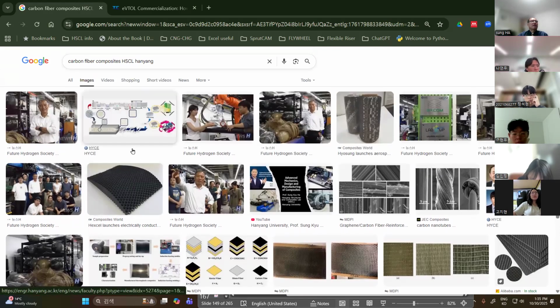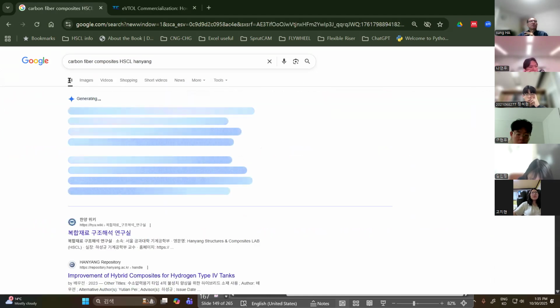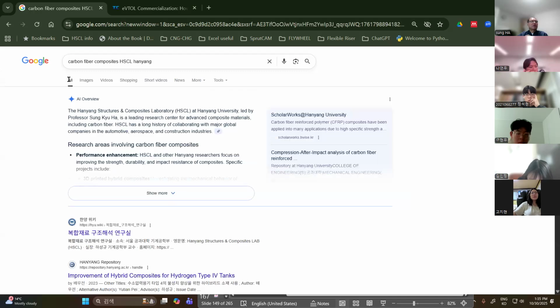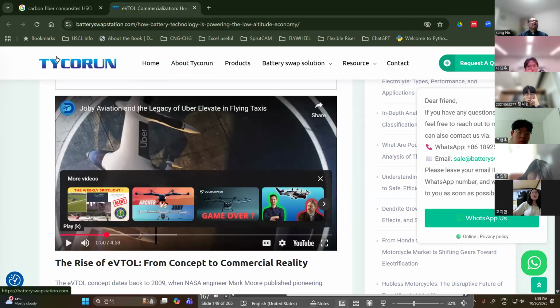So understanding the beam is important, and also important to be able to design beam structures of any materials. And this eVTOL is one of the typical structures. So anyhow, let's get back to